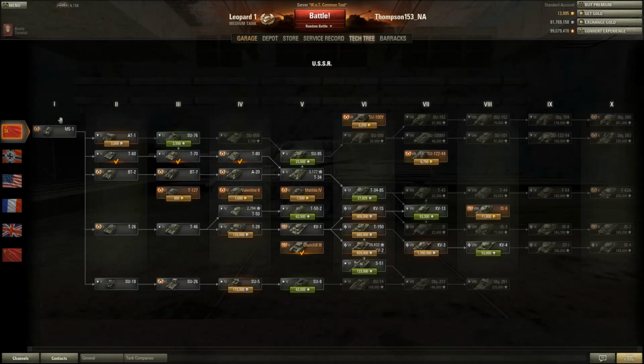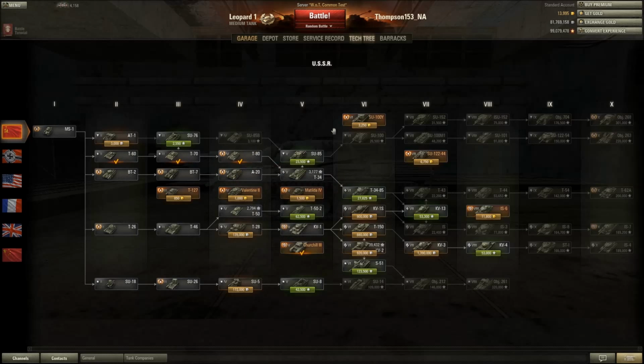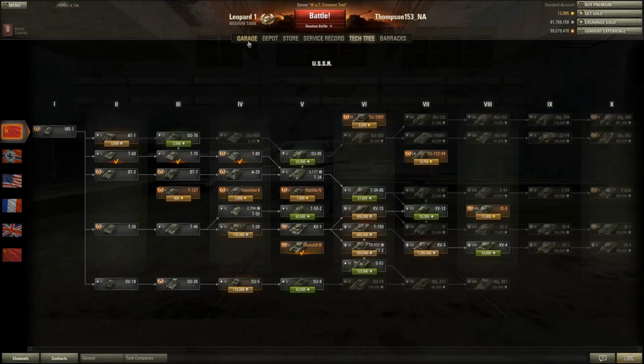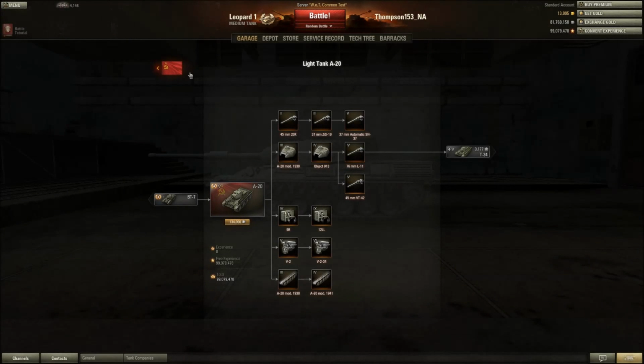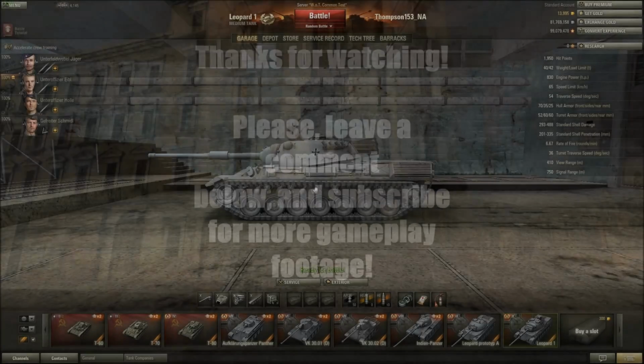In terms of Russians, MS-1, that leads to the T-60, T-70, T-80. And then eventually the T-80 leads to the T-34. So it's basically another route to gain the T-34, because I know that many people have complained in the past about the A-20 being very unmaneuverable or very slow or having a weak gun. I just skipped it, so I couldn't really tell you. But